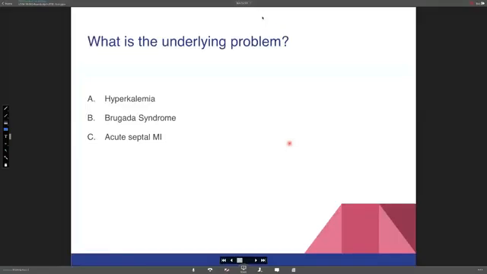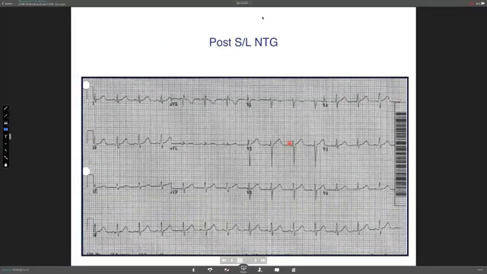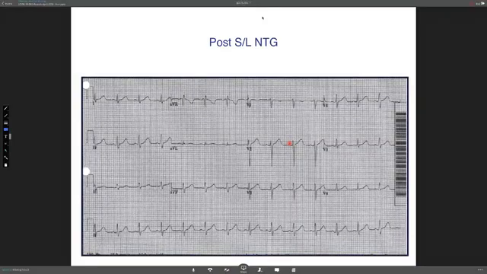So skip this. And then the patient was given sublingual nitroglycerin. That's the only thing that was given. And this is the EKG after sublingual nitroglycerin. Shortly after sublingual nitroglycerin, the EKG, as you can see here, is pretty much normalized. The fact that the patient has dramatic ST segment changes over a short period of time makes hyperkalemia unlikely and